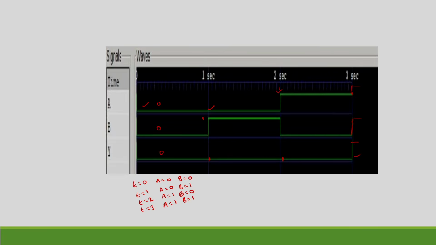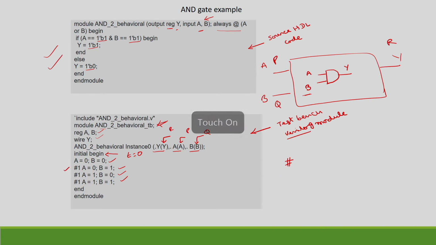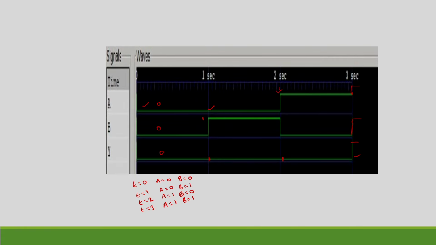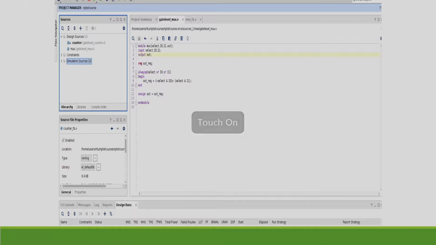So, we have seen the complete 3 different modules: the source code, test bench and then simulation waveforms. So, this will complete the testing of a given design under test. I will consider some more examples. So, this is another example of